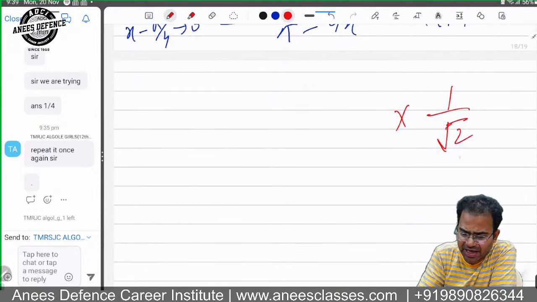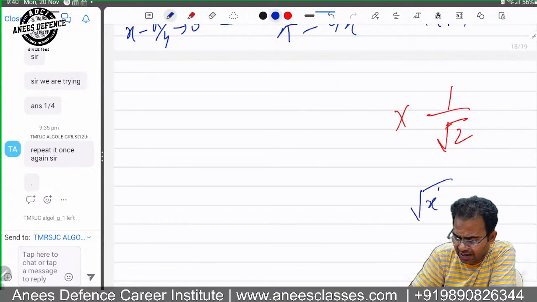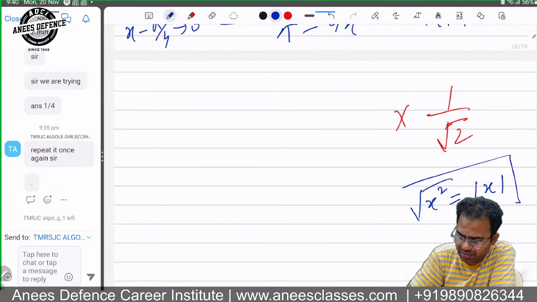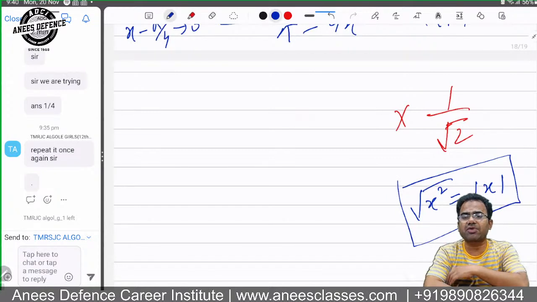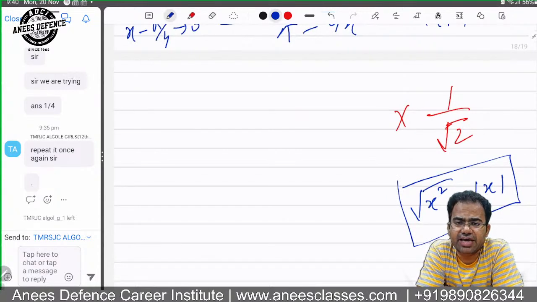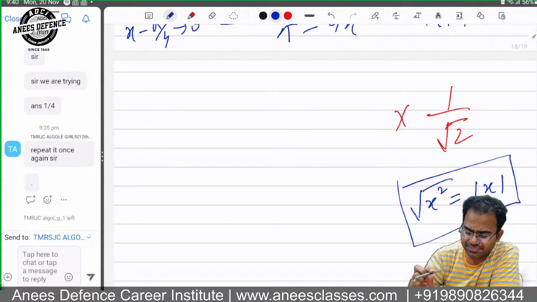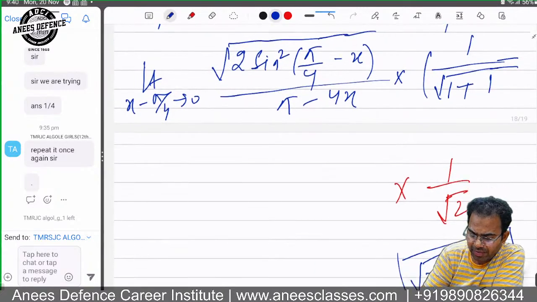अब तुम्हें एक चीज यहाँ पे याद करना होगा, 9th क्लास से जो अभी कुछ दिन पहले पढ़ाया था, अंडर रूट एक्स स्क्वायर इक्वल मॉडुलस एक्स लिखना है कभी भी. एक्स स्क्वायर क्या लिखना है? मॉडुलस एक्स लिखने हैं, राइट? तो मैंने क्या किया यहाँ पे,